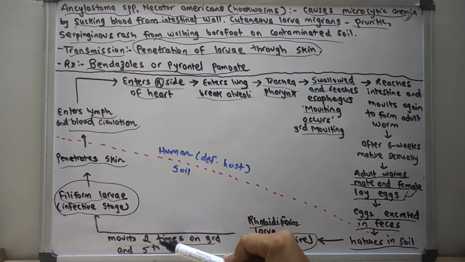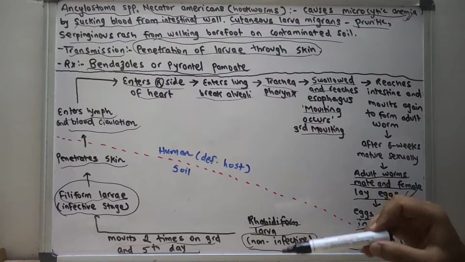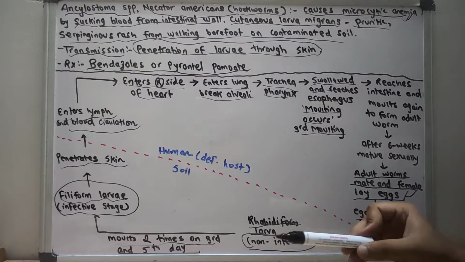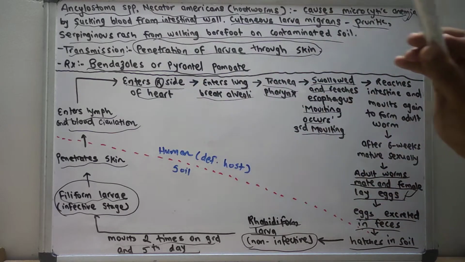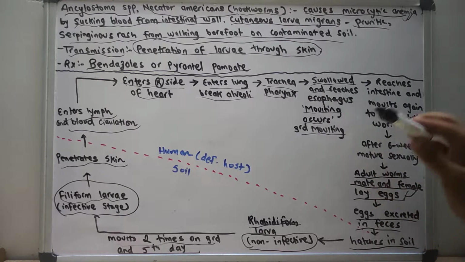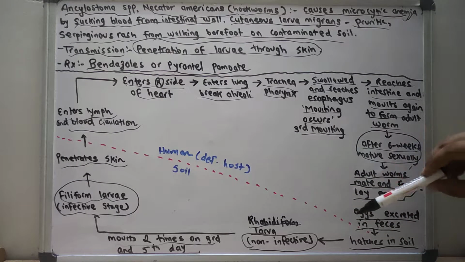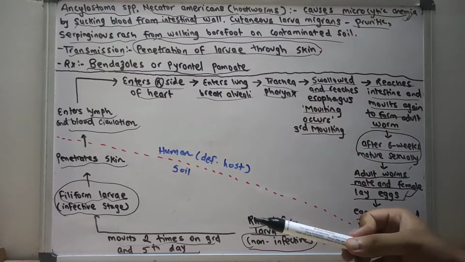As I have already shown, the molting occurs 2 times. The first and second molting occur on the 3rd and 5th day, while morphing from rhabditiform larva to filariform larva, and the third molting occurs inside the esophagus, and from there it reaches the intestine and it molts again to form the adult worm. And after 6 weeks the adult worm becomes sexually mature, and the adult worms mate and the female lays eggs, and again it is excreted in feces, it hatches in soil,